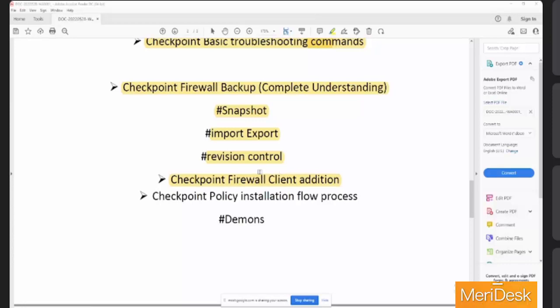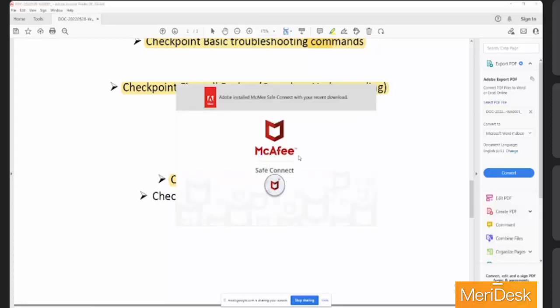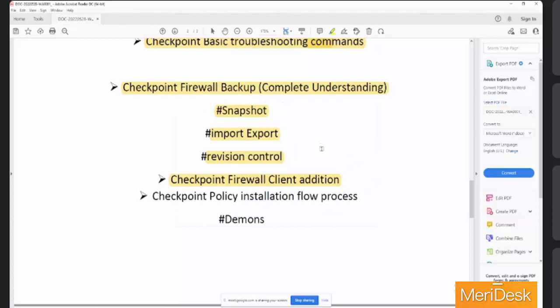So let's suppose you have only one single admin available for the administration, and that admin is not able to do anything. Maybe his account is locked. Most organizations, you might have seen, use admin as the username with a different password, and all the administrators use the same common name to log in to the firewall. Let's suppose in any case that admin username gets corrupted, or maybe you are not able to log in with that username and password, then how can you add one more client in your